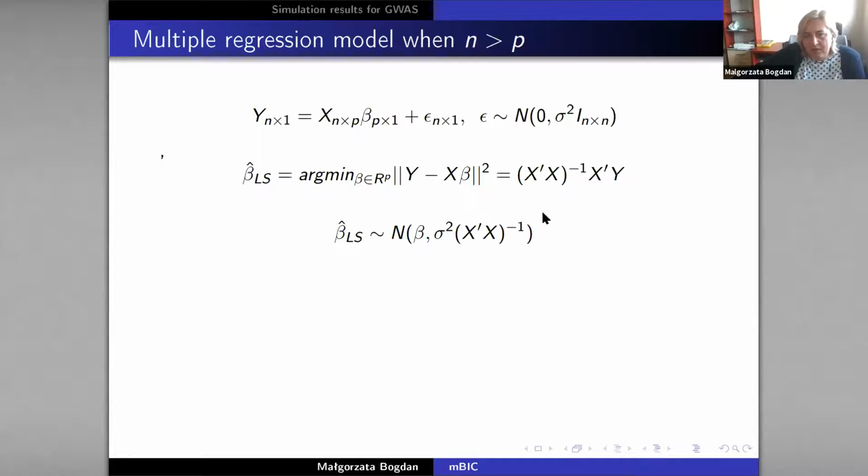And now, because in this classical regression model we assume that x is fixed, x is not random, this x beta term is simply the expected value. And all the variability in this model comes from the error terms. So we assume that the error terms have a normal distribution with variance sigma squared and are independent. So now, with again a quite simple calculation, it turns out that this least squares estimator has exactly the multivariate